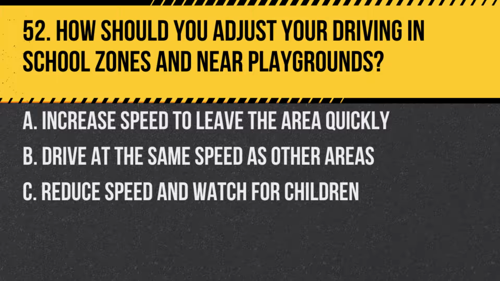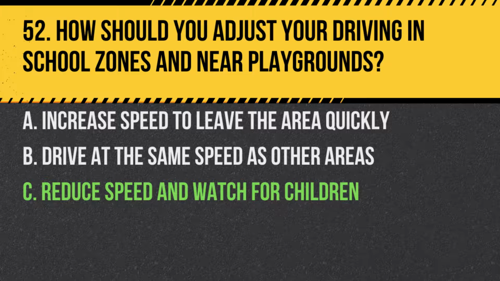Question 52. How should you adjust your driving in school zones and near playgrounds? A. Increase speed to leave the area quickly. B. Drive at the same speed as other areas. C. Reduce speed and watch for children. Answer C. Reduce speed and watch for children. In school zones and near playgrounds, reduce your speed and be extra vigilant for children who may enter the road